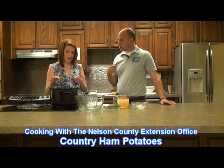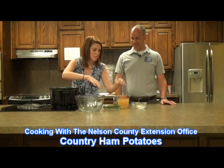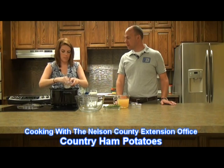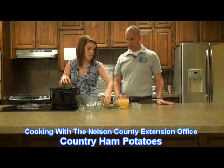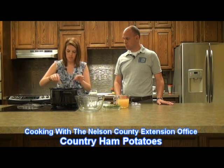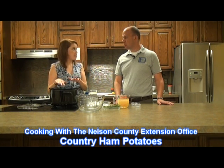I would, because I would not eat that, but there are people who eat that. And we're not going to use them all, just because I do have the smaller crock pot. But the whole recipe does call for them. The bay leaf, you just tuck it in there. It's a flavor thing, but you do take the bay leaf out before you eat it,